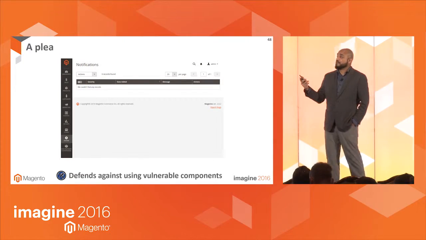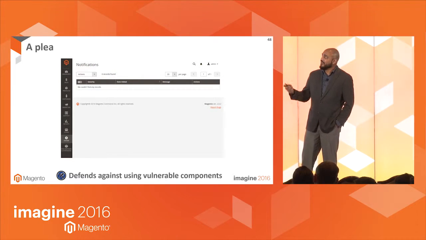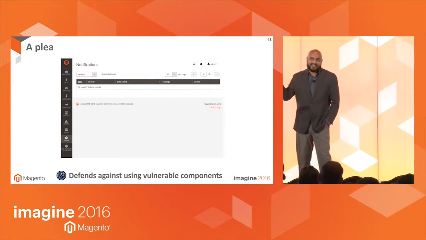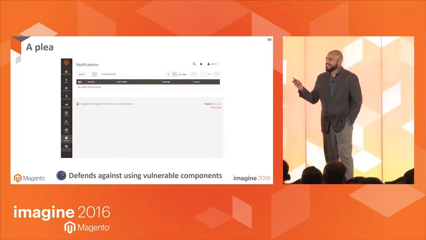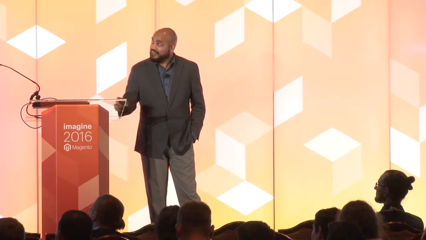So this is my personal plea. Just don't fill this with junk. Just leave it for Magento security. And this way, we have the small mom and pop shops just staying up to date and not being bombarded with every version of every plugin that you make. I didn't mean to end on such a sad note.